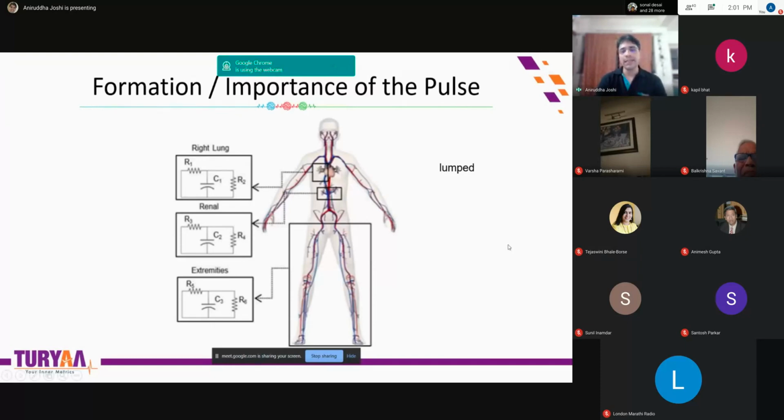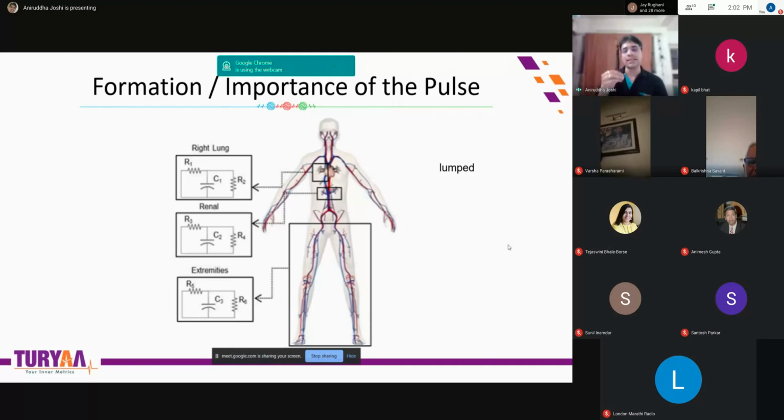So it's called lumped theory, in which what they assume is that every body organ is a combination of some resistor, some capacitor, some inductor, and so on. And it's ultimately connected to the battery, which is your heart, your voltage source. And through arteries, current is flowing. Your current in the form of blood is flowing. It's reaching various organs, and at some organs, the ingredients are taken away, so there is some resistance there, and so on. So you can visualize that, right?